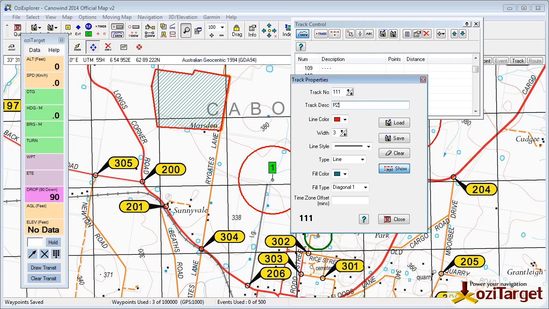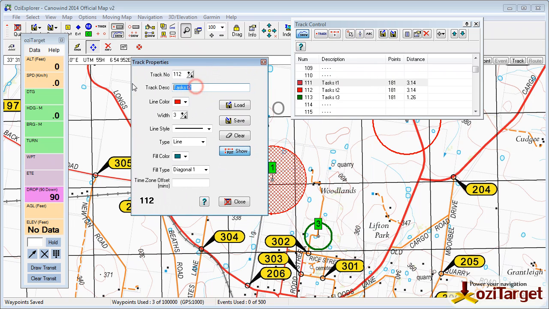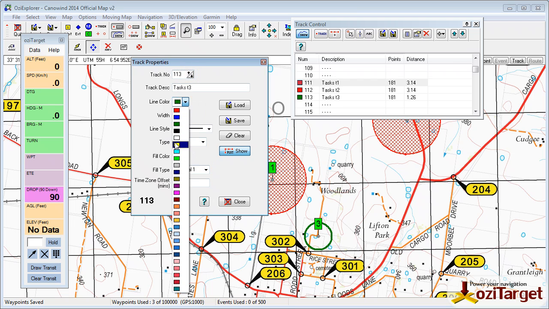So I call this PZ1, and I make it a polygon, and I change it to red, and I change it to a diagonal cross, and I just bring that line thickness down. I can then go to number 2, call that PZ2, same thing again, polygon, change the color, diagonal cross, track 113. We'll make this a yellow PZ. I'm going to use this sort of bronze color so that it shows up a little bit better on this map. For my yellow PZs, diagonal cross,